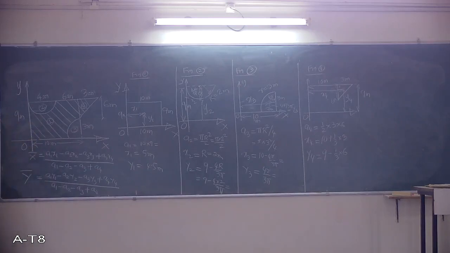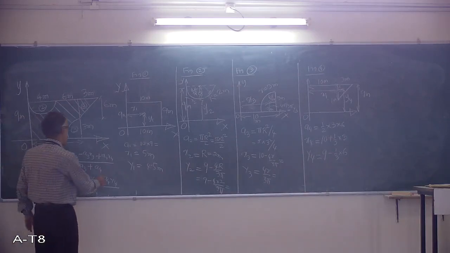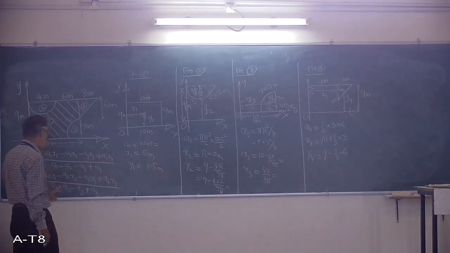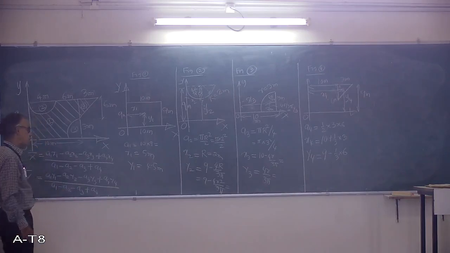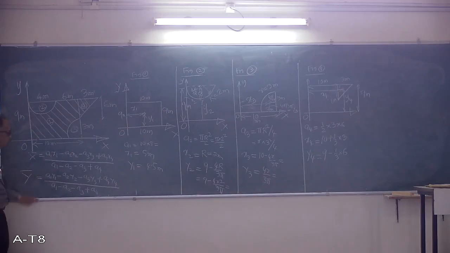So now, as we are writing the minus sign for A1, similarly you have to write it for y bar also. So A1 y1 minus A2 y2 minus A3 y3 plus A4 y4, divided by A1 minus A2 minus A3 plus A4. So these are the expressions for x bar as well as y bar. Whatever values you have got, A1 x1, you have to write here. Similarly A2 x2, like that. Similarly A1 y1. So corresponding values you have to put here, and you get the value for x bar as well as y bar.